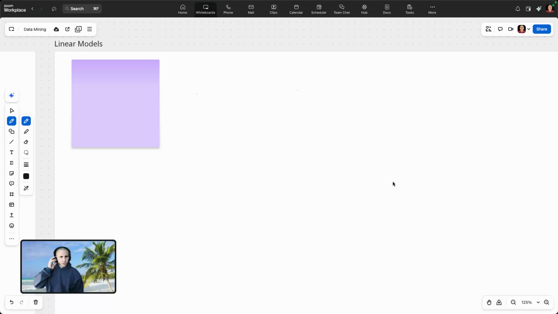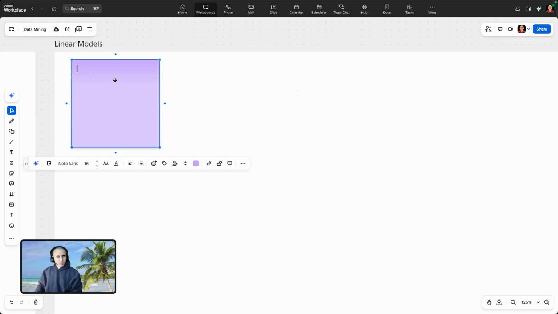So let's go over linear models now. We'll do a high level overview and then we'll go into some models. So for the linear models, fundamentals, right? Let's go ahead and talk about fundamentals. What does it do? It predicts a target